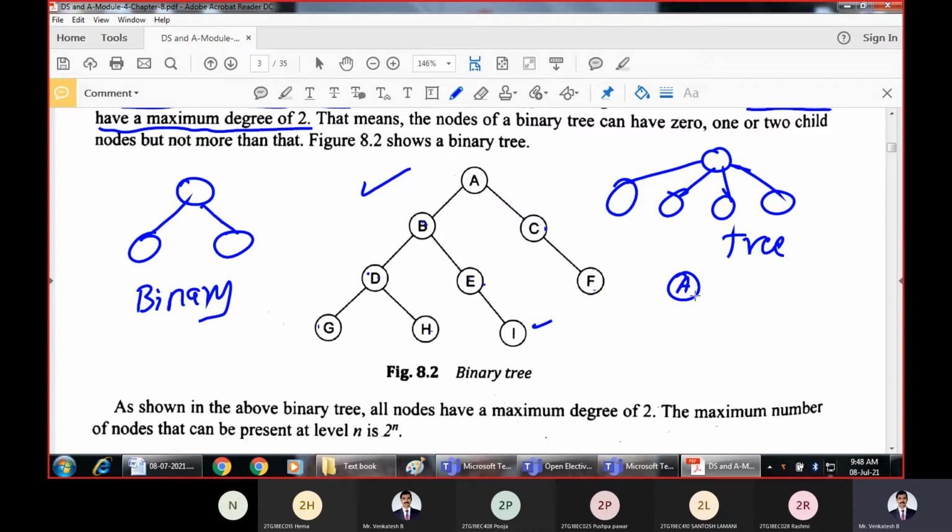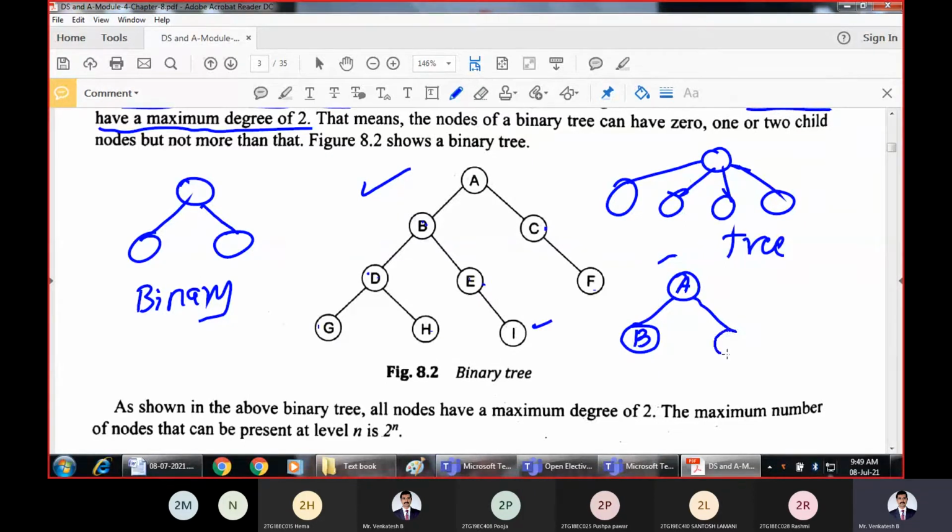If I write one more example, A, this is a binary tree because it can have a maximum of 2 children. How many children does A have now? A has 0 children, so it is a binary tree. Now if I take a subtree and write one branch called B, then also it is a binary tree. Why? Because this root node A has only 1 child called B. What is the maximum restriction? A node in a tree can have a maximum of 2 children.